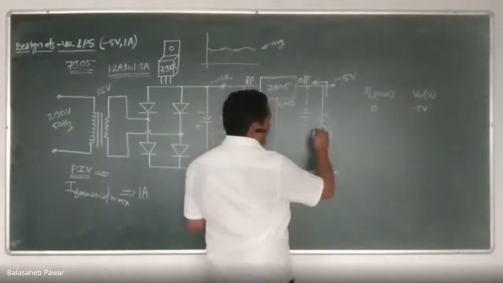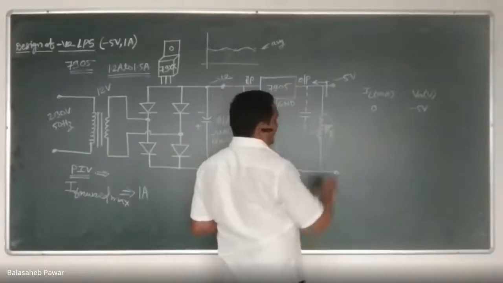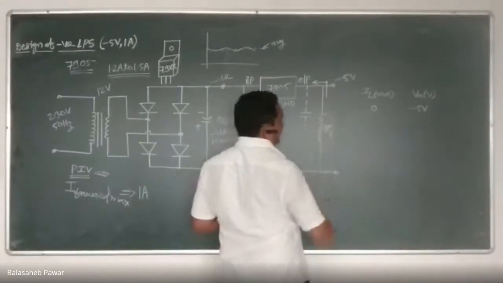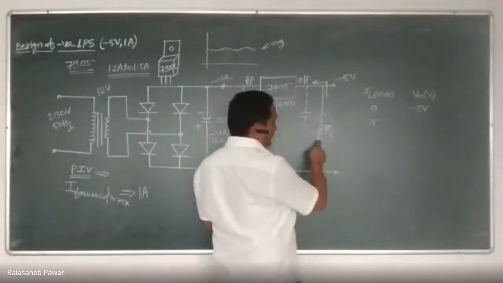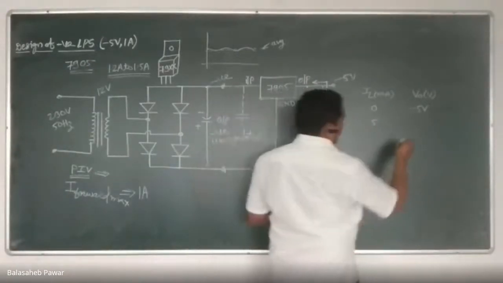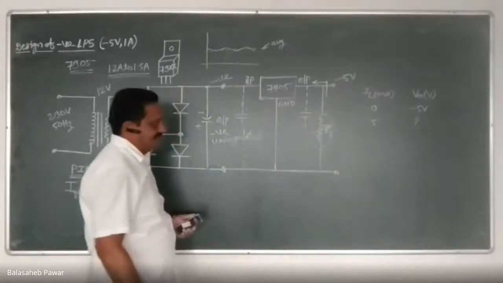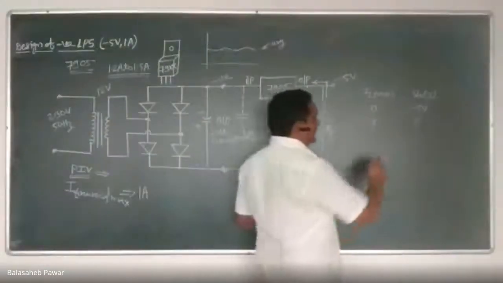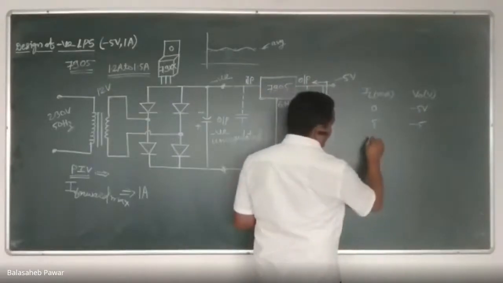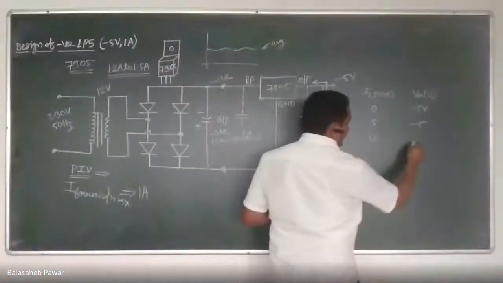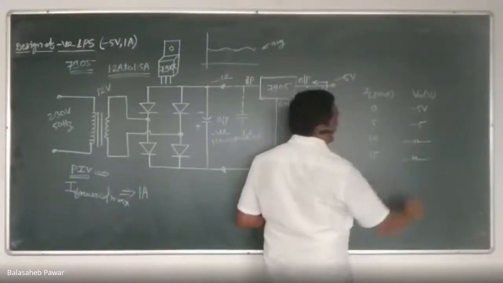Now if I connect some RL over here and change its resistance in such a way that the current flowing through this RL is 5 milliamperes, how much is the current flowing now? It is 5 milliamperes. How much will the output voltage be if I measure across the same port again? The expected output should remain -5. If that current is increased to 10 milli, again the output should remain -5. If it is increased to 15 milli, again it should remain at -5.